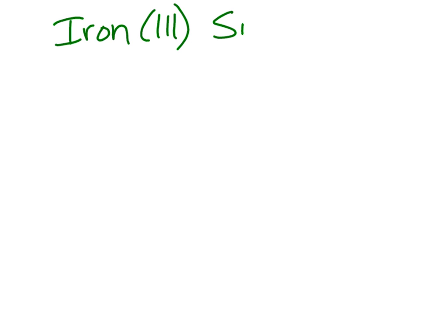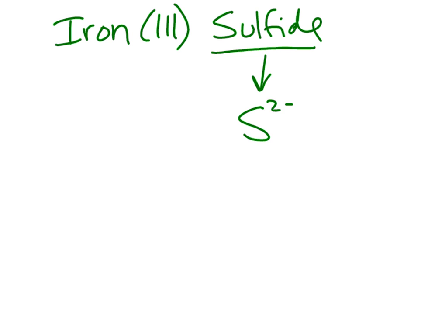How about iron 3 sulfide? Okay? Again, same principle. You should be able to do this because all I'm doing is I'm going to go sulfide because I know the anion doesn't change. Sulfide is -2 based on the periodic table. And then iron 3 is